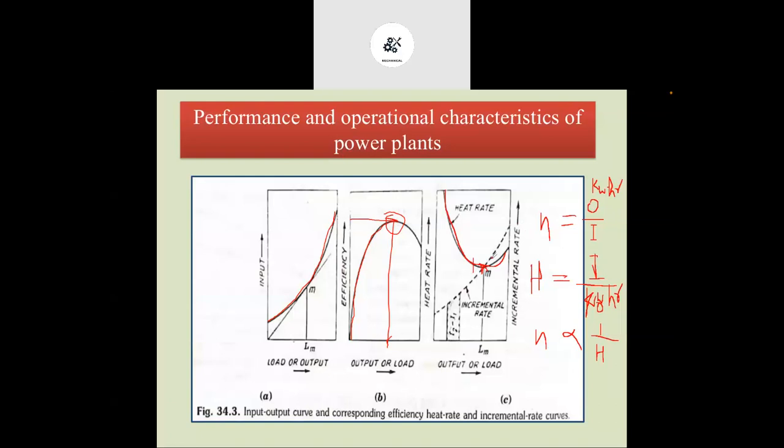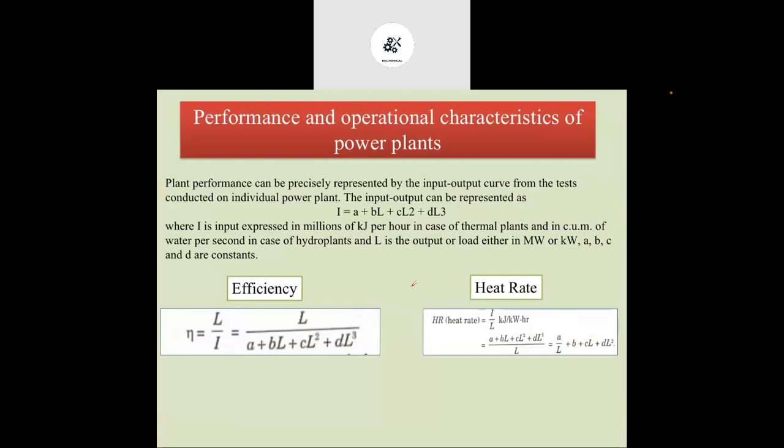In the case of efficiency, efficiency should be maximum, whereas heat rate should be minimum. So you can see this is the point where the heat rate is very low, the minimum heat rate. We have to run this particular power plant near this